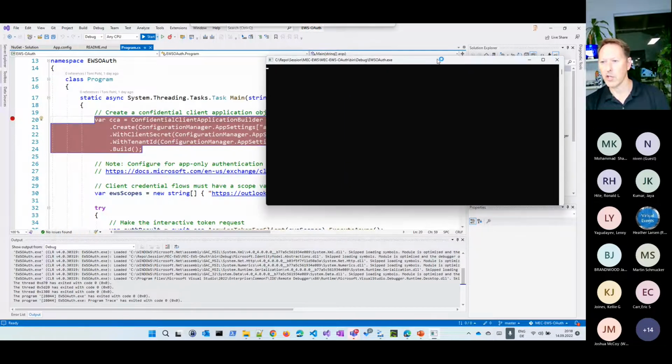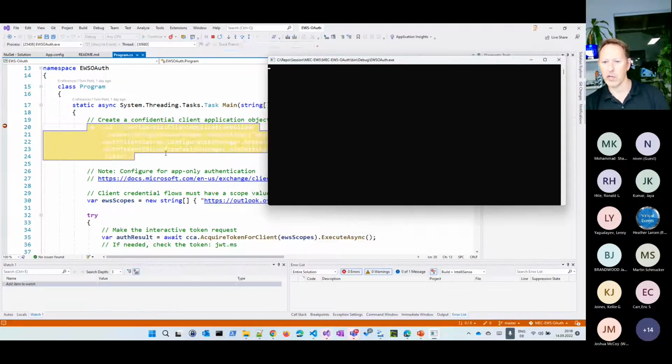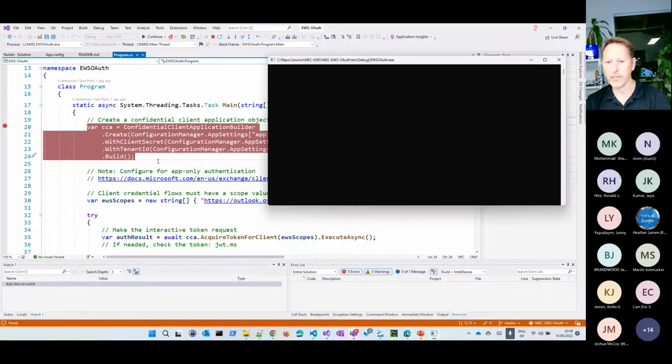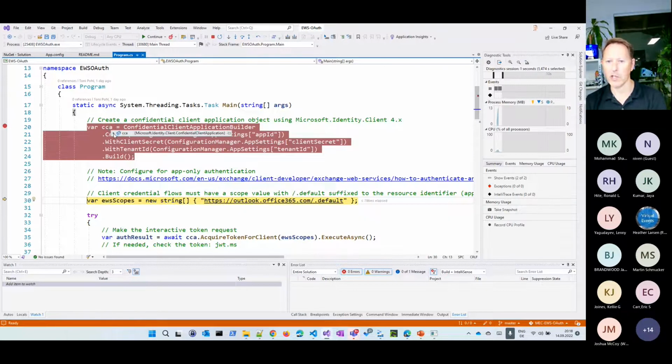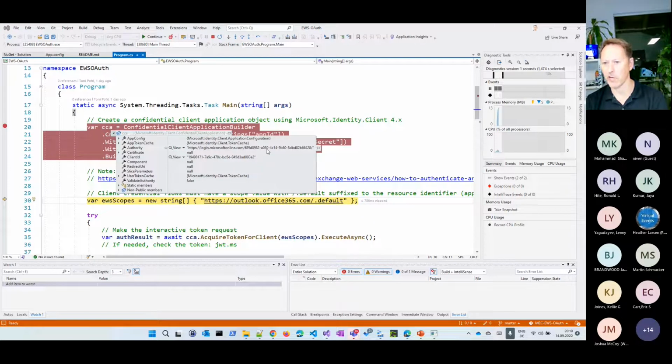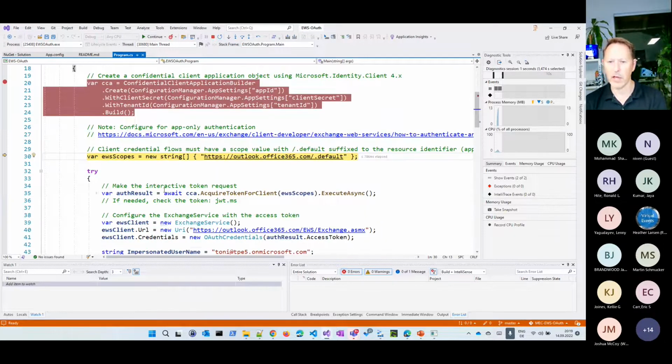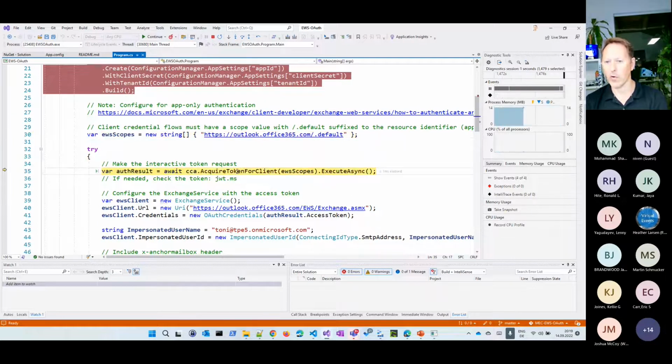So this is the console application. I have a breakpoint here. So we will see that this client application builder is created with these settings we saw just in the app settings. So let's continue here. So now we have that object here in our hand that says, okay, this is the authentication, and this is the client ID, and so on. Then we need to identify which scope I want to access. For that, we need to access outlook.office.com with the default method,